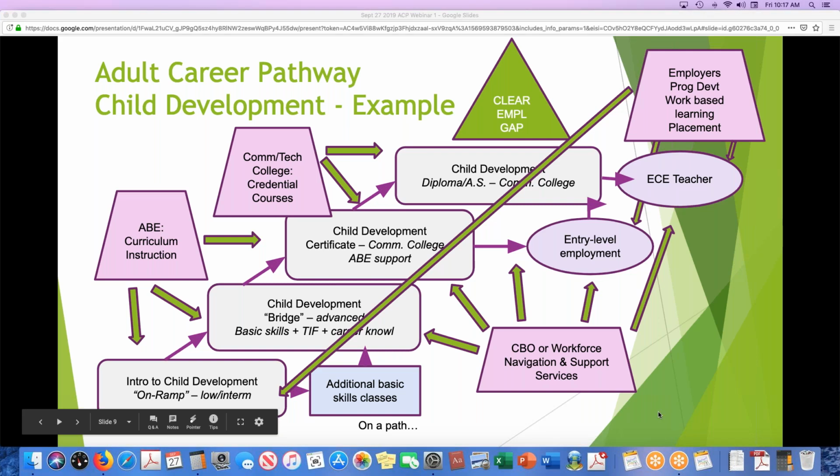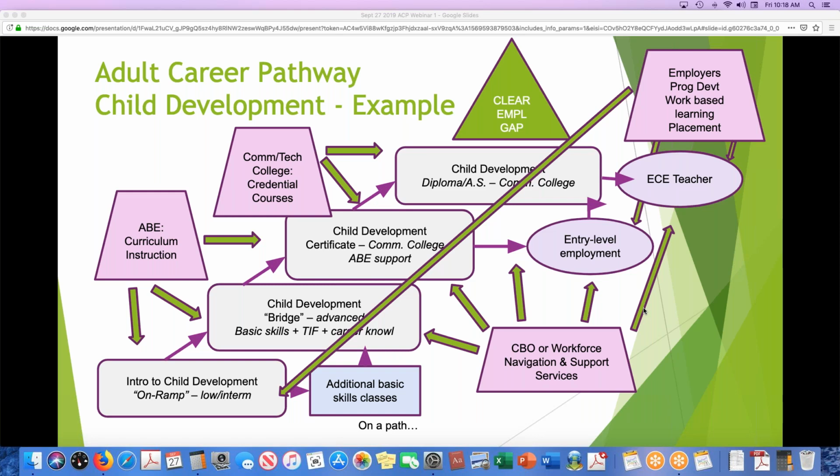Throughout all of this, we are getting information from the workforce. So this might mean that we are going out speaking to the employers. We're speaking to the colleges. What are the skills that students need to know and be able to do to get into that field? So you can see there are many working components. Some of the components we already do in adult basic education. Other components are left to the community colleges. Some ABE programs have those navigation and student support services, but this is what a fully, for lack of a better term, fully fleshed out or fully realized adult career pathway looks like.